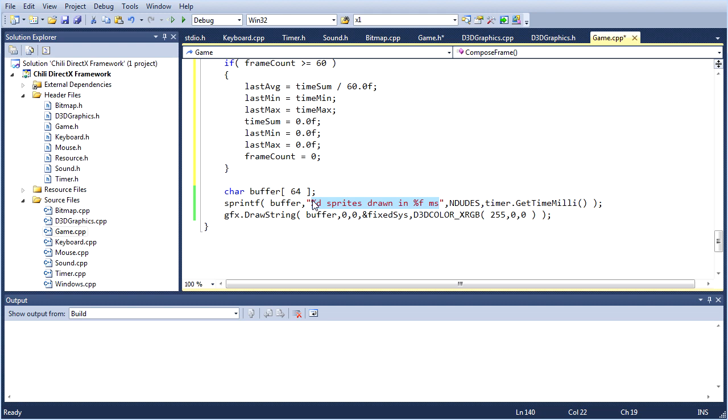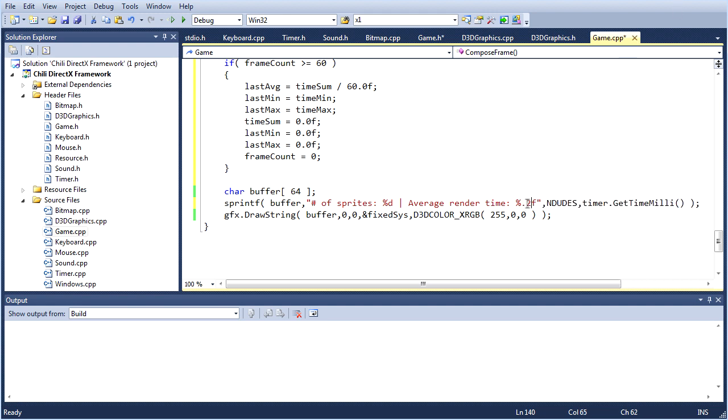We'll say number of sprites %d and average render time %f. Actually, we're going to make it